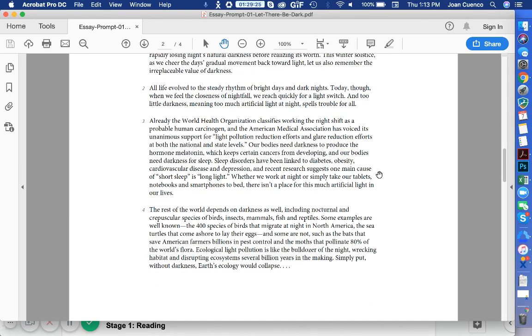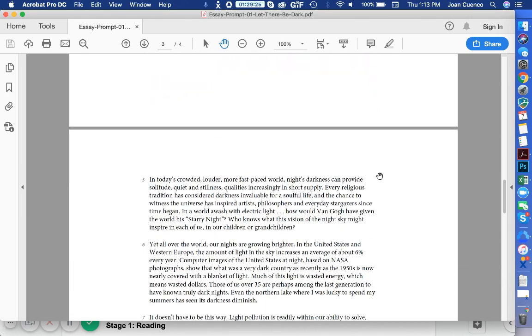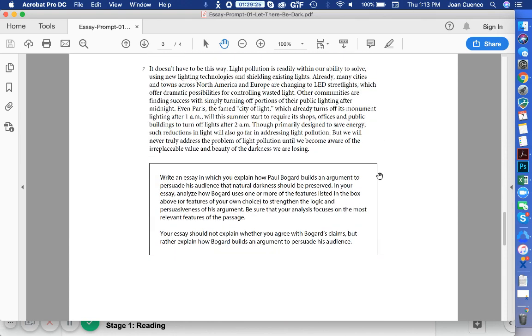Now, before you even read this essay, you actually want to go down to the end of the booklet, and there's one sentence here that explains to you what the author's main argument is. So read that before you read the essay. So let's read this highlighted sentence together. Write an essay in which you explain how Paul Bogard builds an argument to persuade his audience that natural darkness